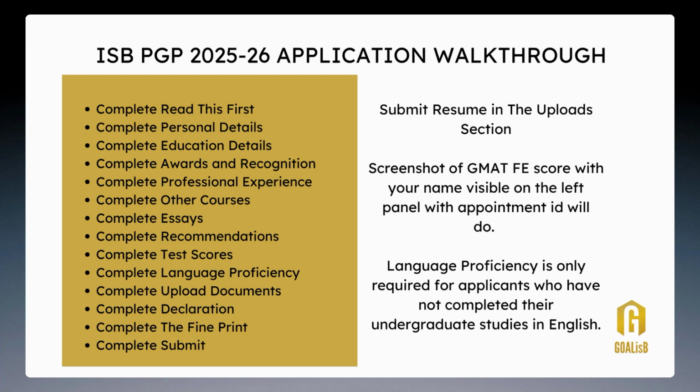People who are submitting the GMAT Focus Edition scores will not have a PDF of your score report as such, but you can take a screenshot of the Focus Edition score from the GMAT portal, and your name should be visible on that. If you look at the left panel on the GMAT Focus Edition score sheet from your login, you can just drop that down. Your name should be visible along with your score sheet. Create a PDF of that screenshot and you can upload that in the test score section.